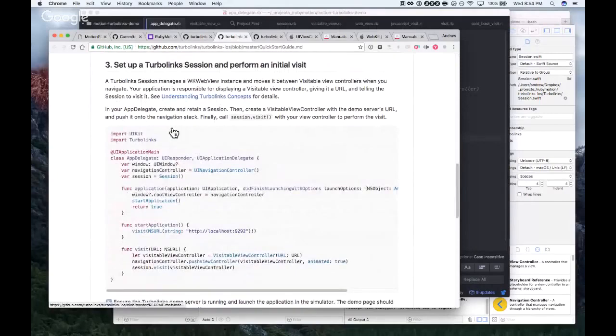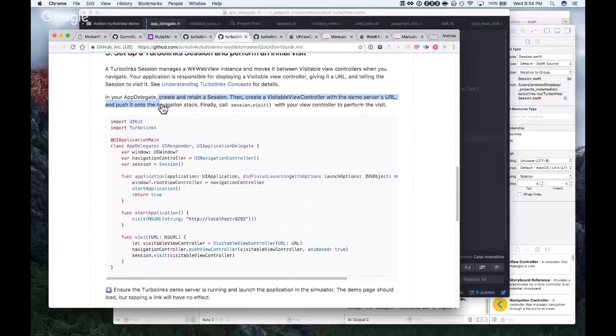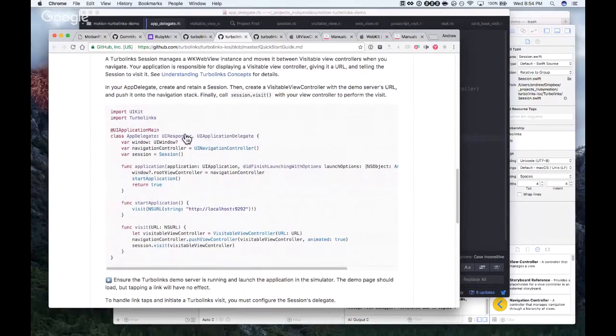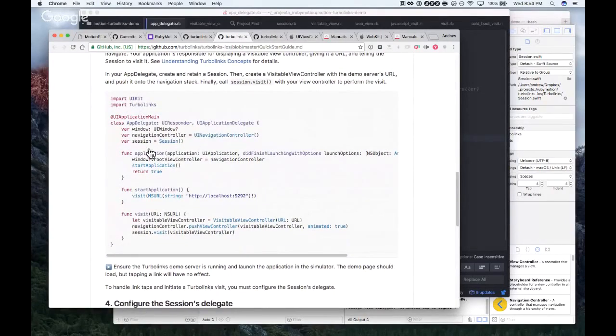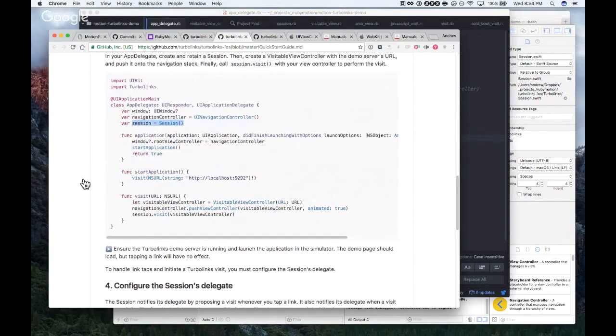Understanding TurboLink's concepts. In your app delegate, create and retain a session. So this initializes a session. I don't see anything about... Yeah, no, they don't set the delegate on the session.